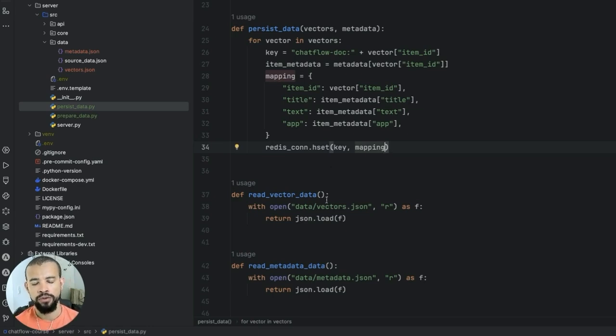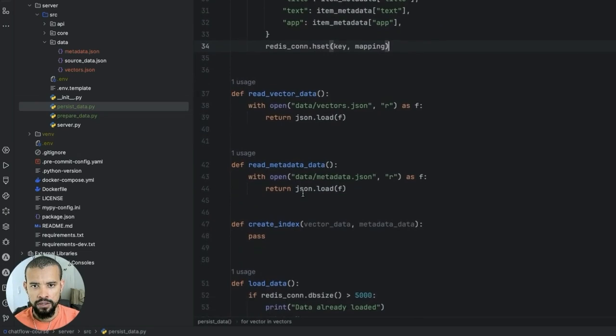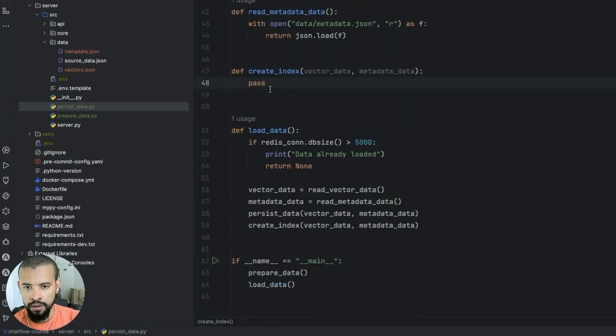So you probably know that Redis is a key-value store sort of database, and you just create our key, and the value to our key would be a kind of dictionary. And that is basically it. With this, we can move on. Now let's implement the create index